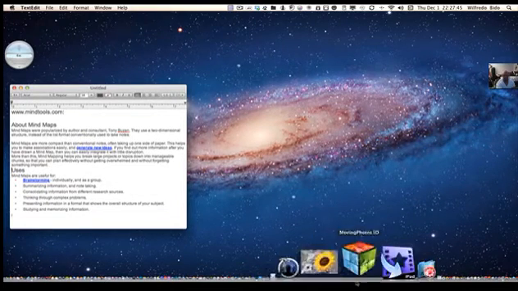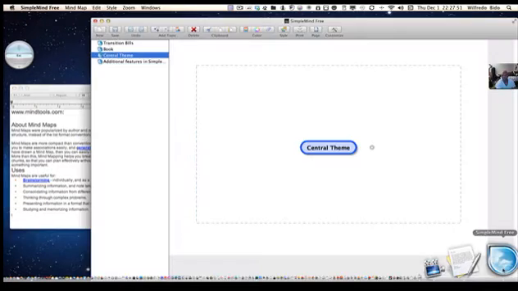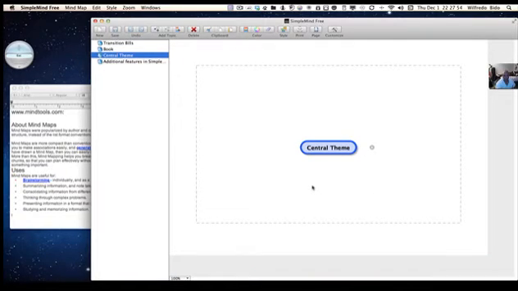And to give you an example of that, I'm going to open up a program called Simple Mind Free. You start off with the central theme, and let's say that our central theme is a book. You want to write a book, or you want to do a book about photography. Okay, so the next thing you would do is, okay, so you basically want to become an author. Then from there,